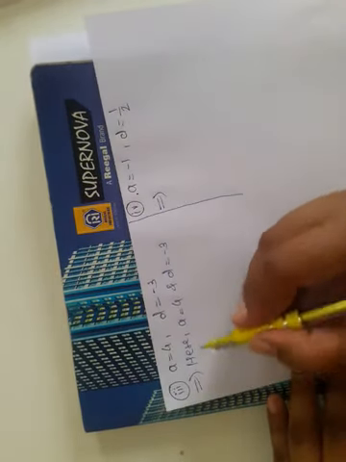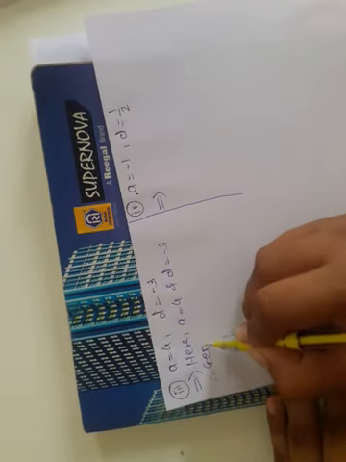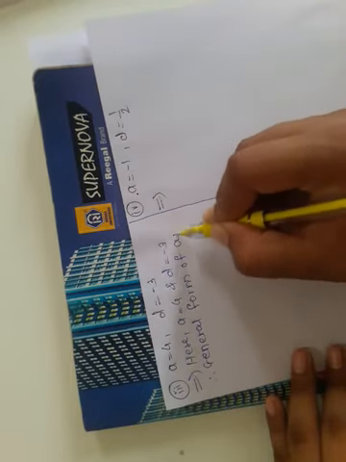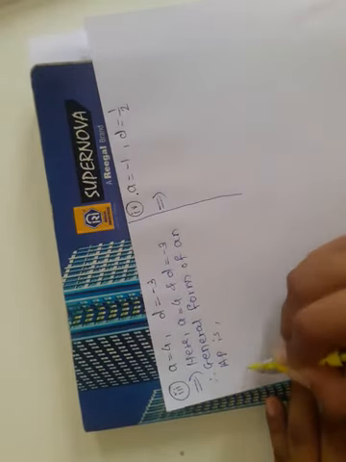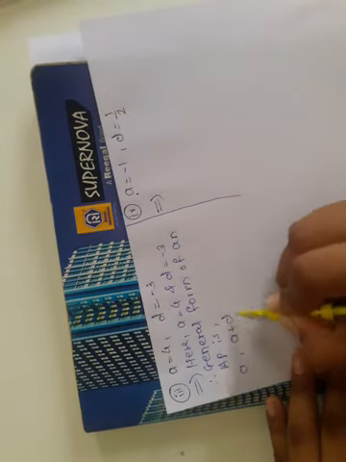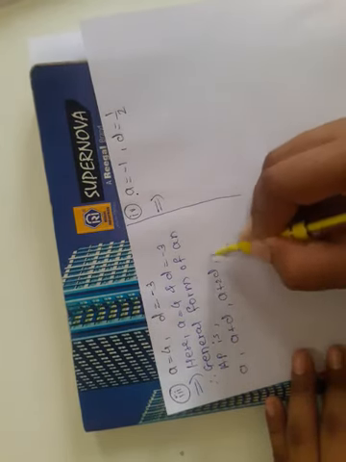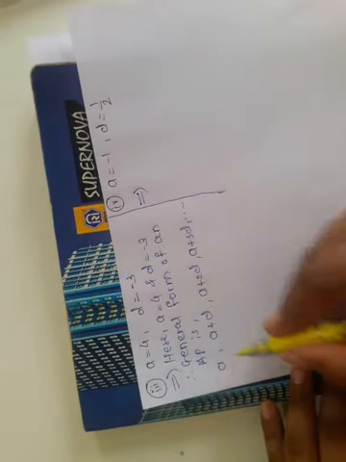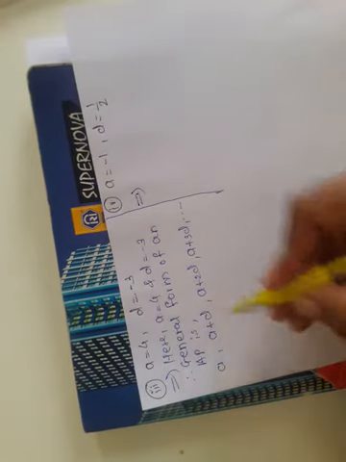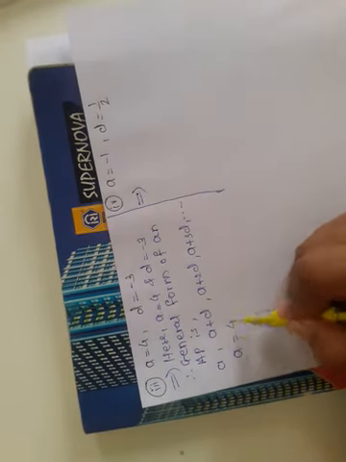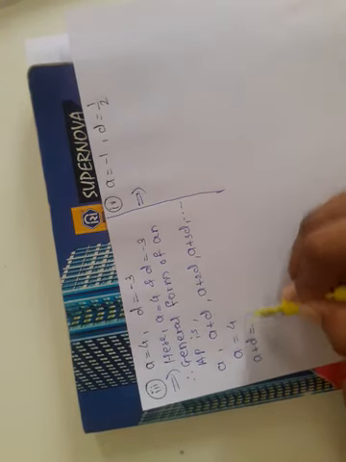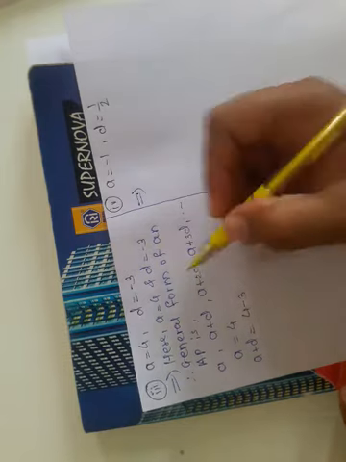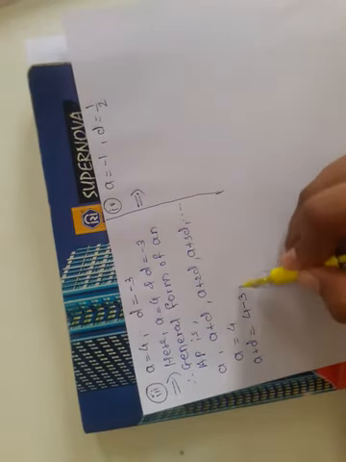Okay, again we know very well the general form. Therefore general form of an AP is A comma A plus D, then A plus 2D comma A plus 3D, then A plus 4D, like this. Okay, these are the first four terms. Okay, so substitute all the value of A and D in the given sequence, we get A is equal to 4. Okay, then A plus D is equal to 4 minus 3. Okay, 4 plus this minus 3 means 4 minus 3. Okay, because the value of D is minus 3, 4 minus 3 is equal to 1.